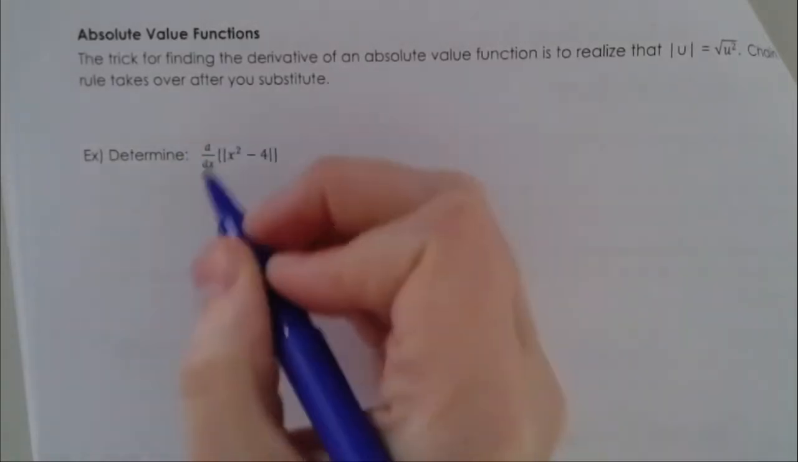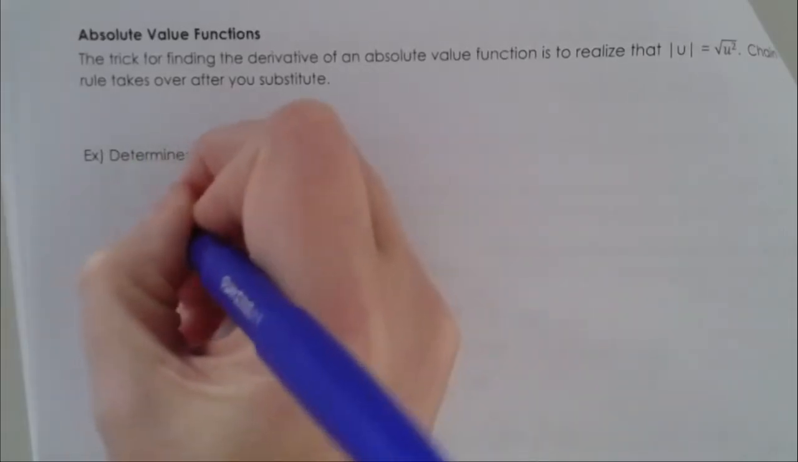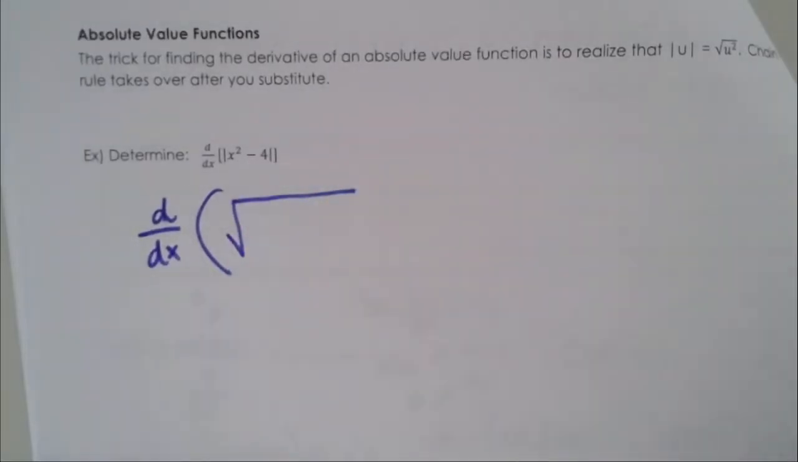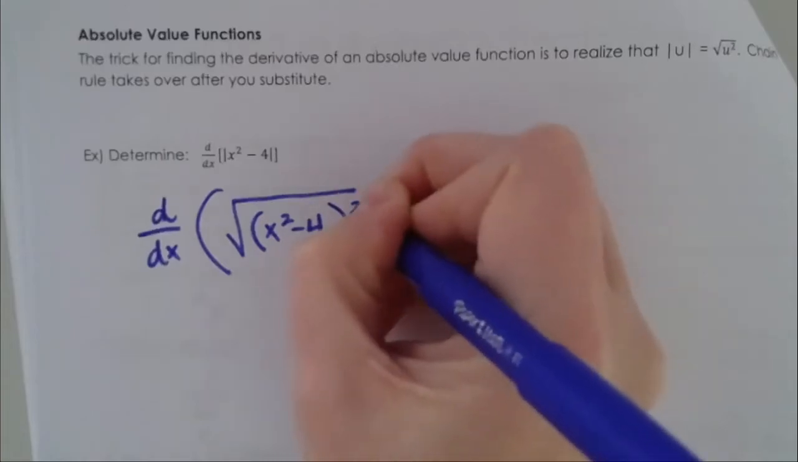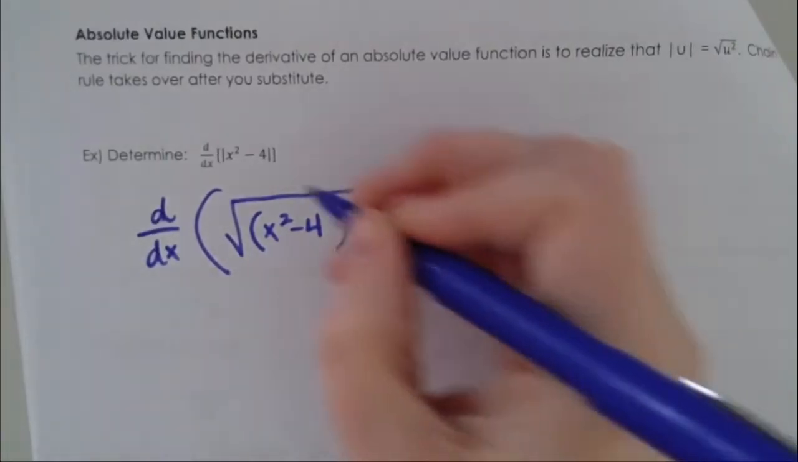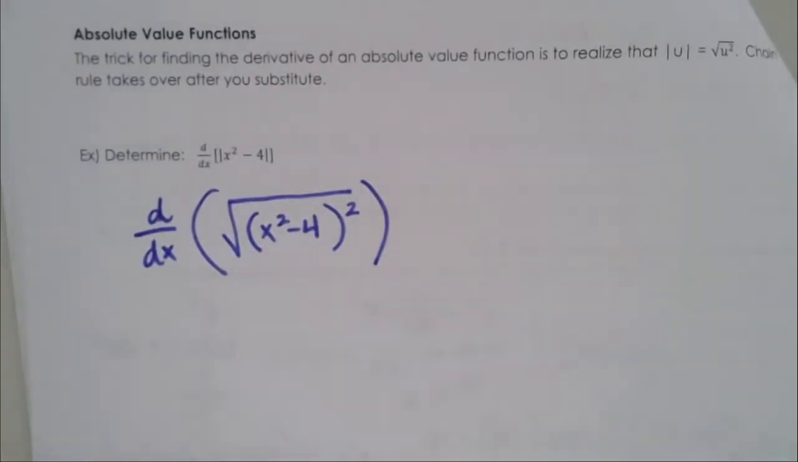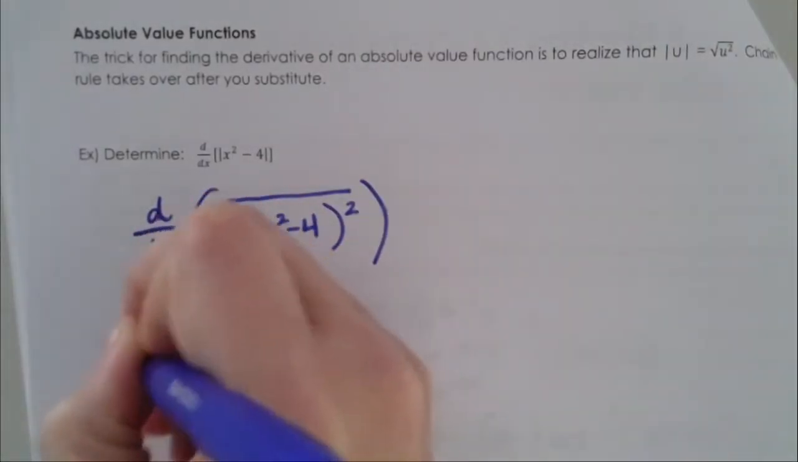So what I can really do is realize that this absolute value derivative, we could really just change it to be the derivative of square root of (x squared minus 4) squared. These mean the same thing, and the square root, what's happening is it will make you get that positive and negative that the absolute value requires. Okay, so I'm going to rewrite this as the same thing as the derivative of